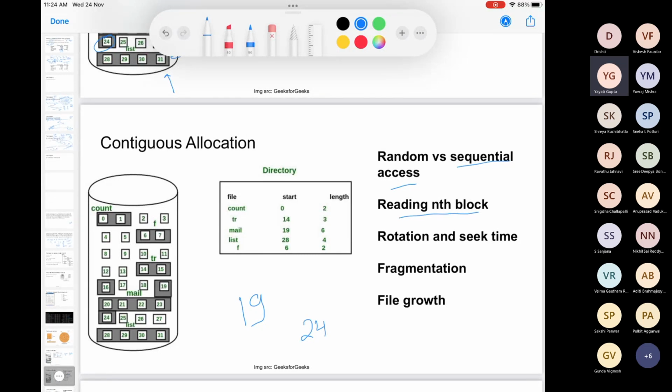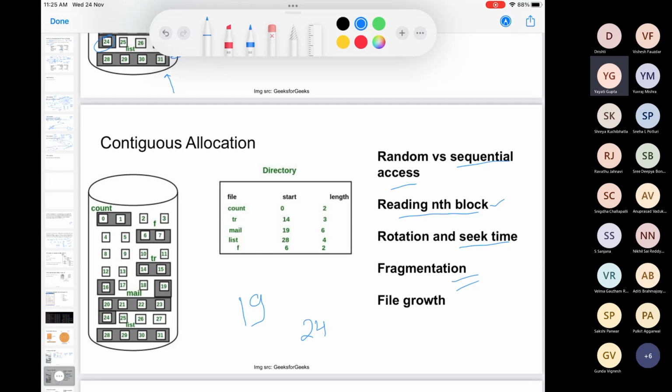And you can go to that sector and directly access that. Definitely you have to rotate the disk and move the read-write head if required, right? But still the process will be easy because you can directly compute the sector number of the corresponding block. So your rotation and seek times will be very low because it is sequential access. And then definitely, yes, there will be external fragmentation also, because look at this figure.